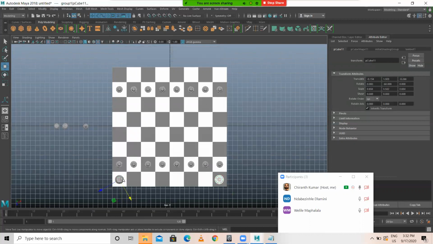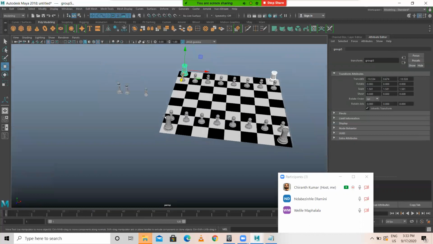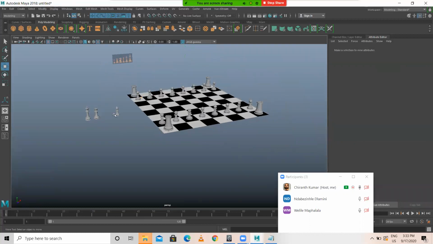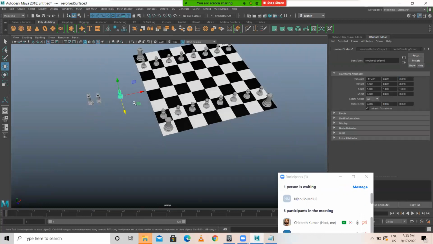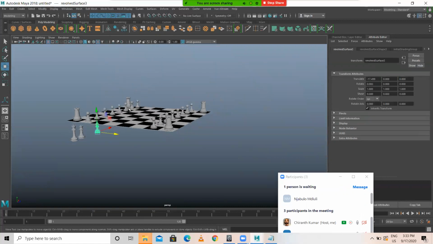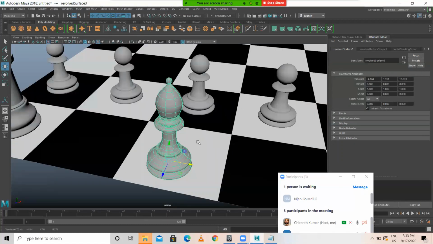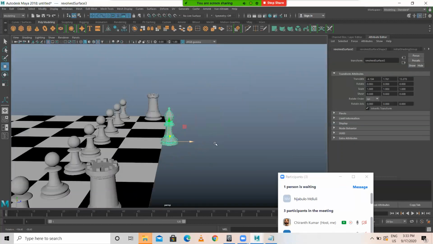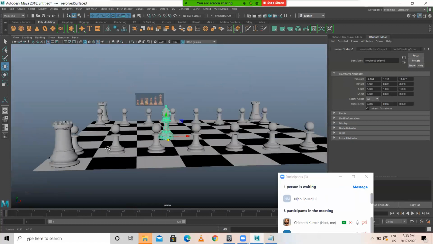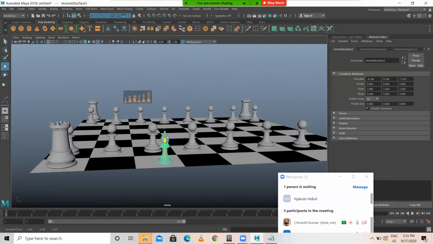Place it here. Again, I duplicate this. Place it here. So this part is done. Now I'm selecting this one. This I'm placing here.